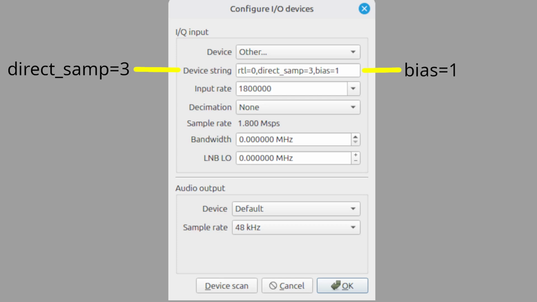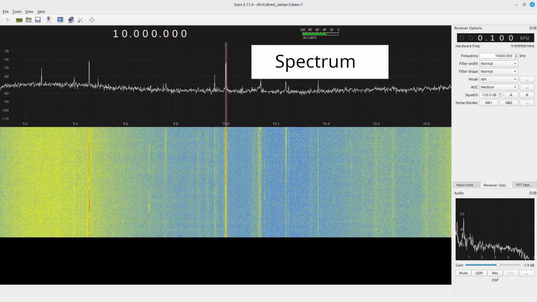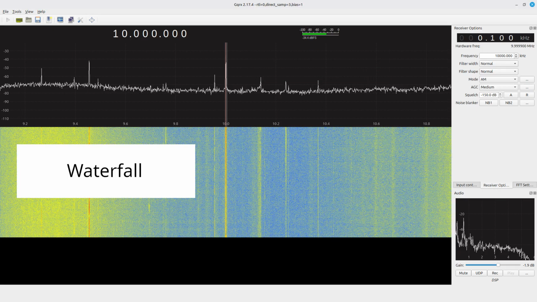To be able to receive this 10 megahertz and also to turn on the amplifier, I had to change a couple of settings to do with what they refer to as the I/O device. It not only plays the sound out the speakers, but it also gives a spectrum of the amplitude versus frequency of the received signal. This bit down here gives the scrolling version of the spectrum, where brighter colors mean a stronger signal. With this all set up, I only need to wait till well after dark, till the effects of